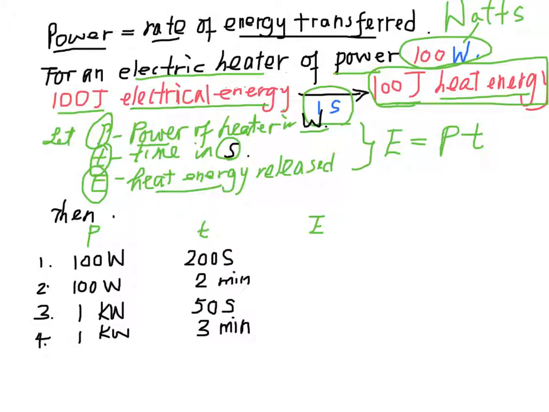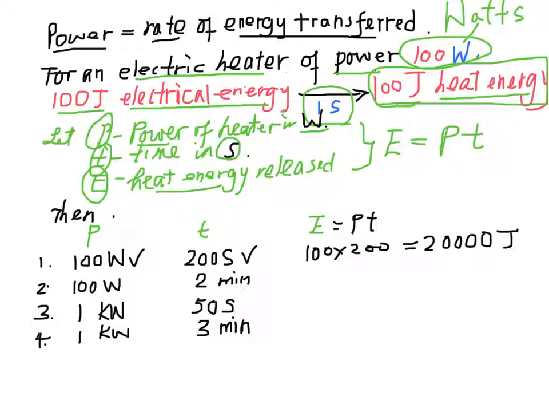Let's consider the following cases. Case 1. If power is 100 watts and time is 200 seconds, the energy released by the heater will be P times T equal to 100 times 200 equal to